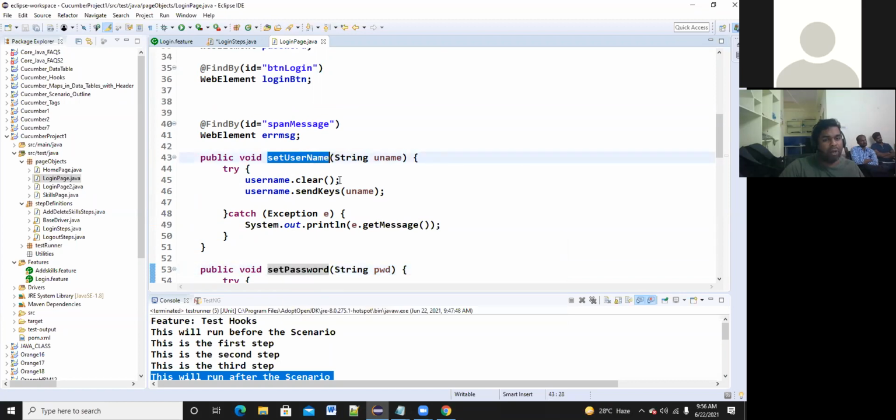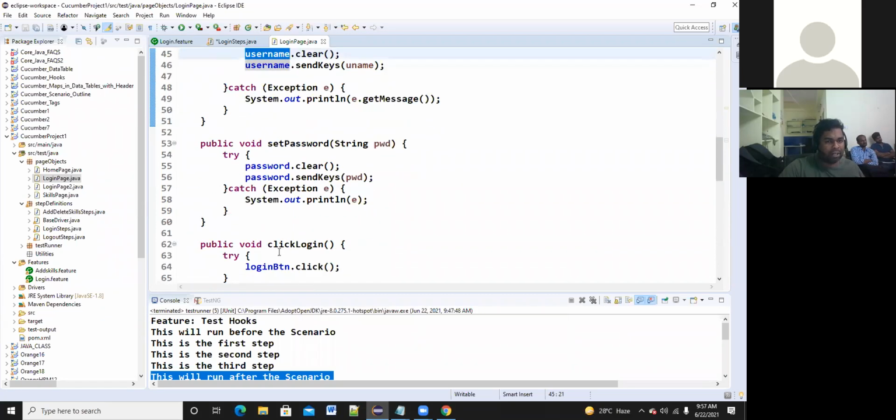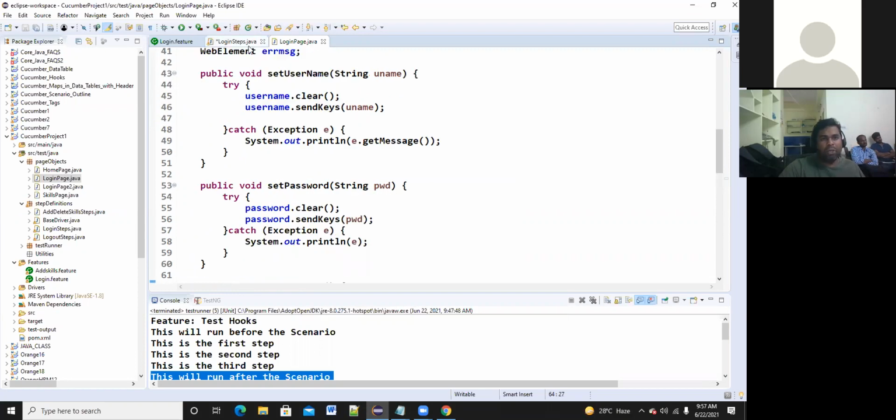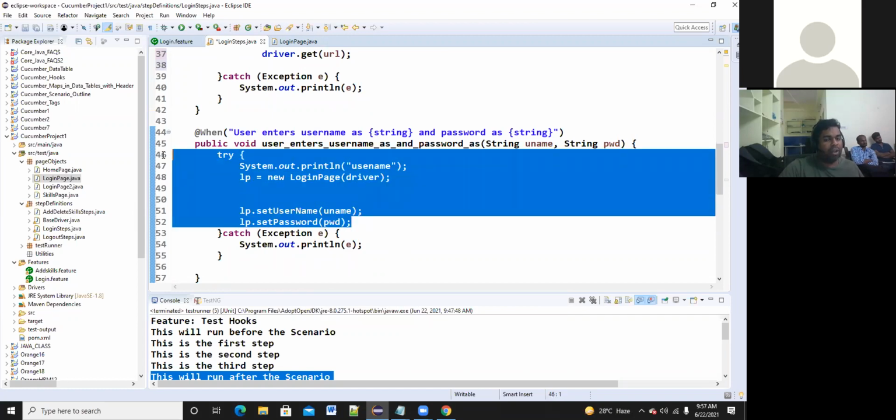You can write all three in a single method so that you need not call them multiple times. Just call LP.login(uname, password), passing the input values, and it will be executed. That is how your login method executes.